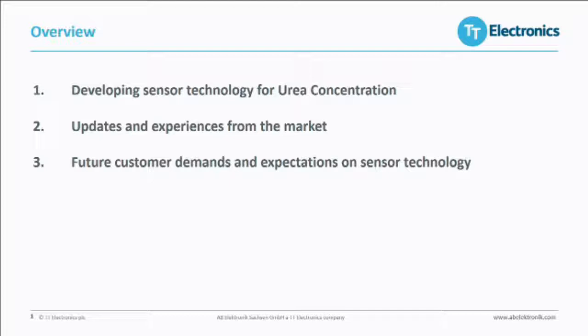You might wonder about the difference between AB Electronics and TT Electronics. I used the name of AB Electronics to be the first in the attendees list. Anyway,